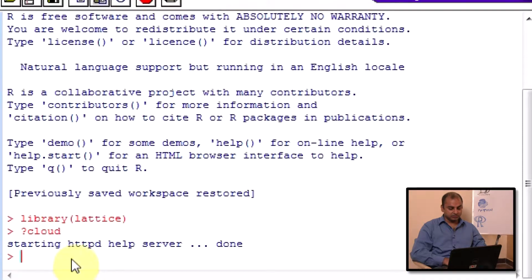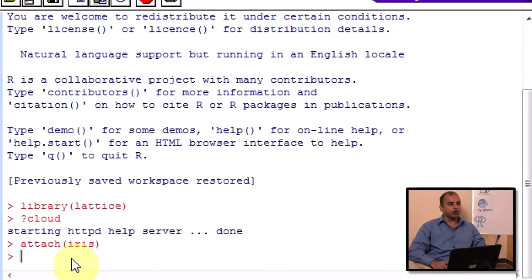So one trick that we can do is, instead of writing iris dollar sepal length, iris dollar petal length, iris dollar species, I can say attach iris. Once I do that, all the column names are directly attached, so I don't need to specify the data frame name and dollar, right? Then I can do cloud,